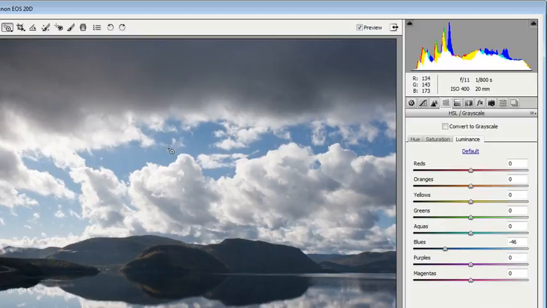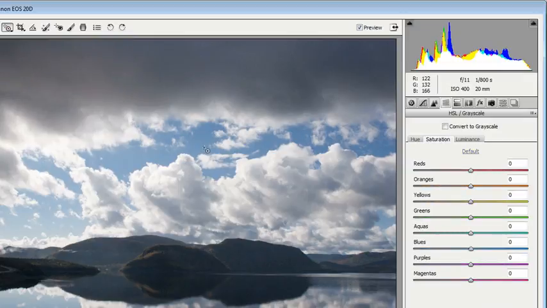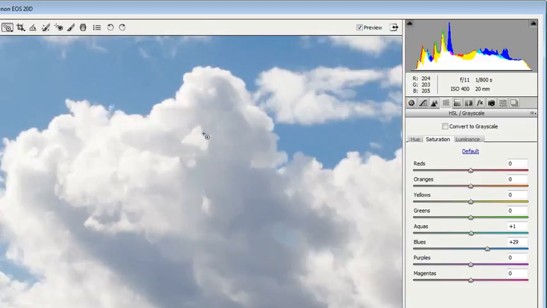Now suppose I want to boost the saturation of that sky in addition to bringing the brightness down. I can simply go up to my targeted adjustment tool, select saturation, and I'm going to click on the sky and boost that saturation up. Okay, let's zoom in here. At 100%,